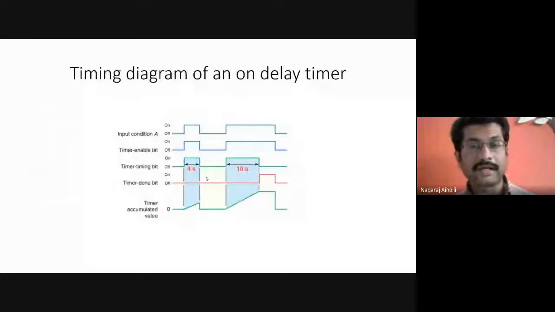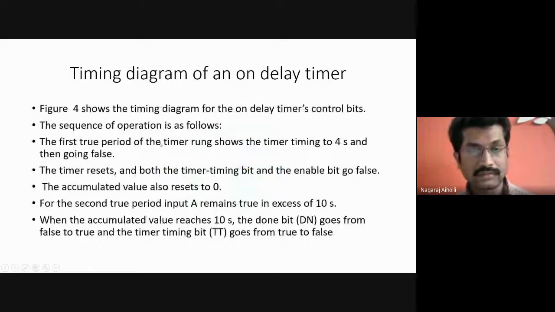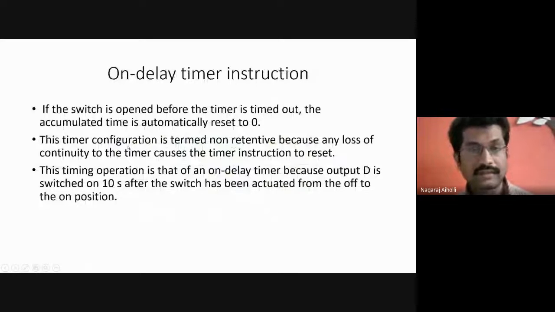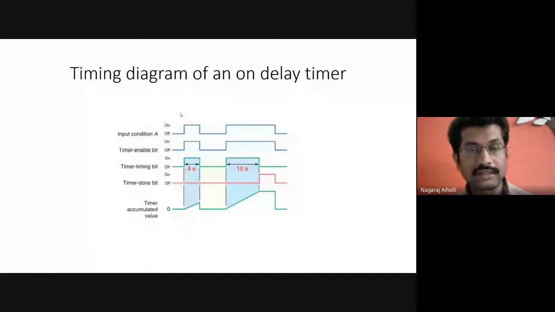This is the timing diagram. Here we have the input condition A, that is of the switch, shown by this waveform. Initially the switch will go from off to on state.